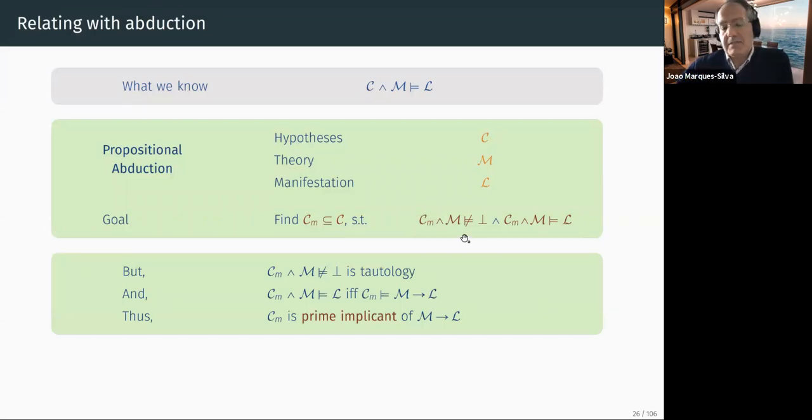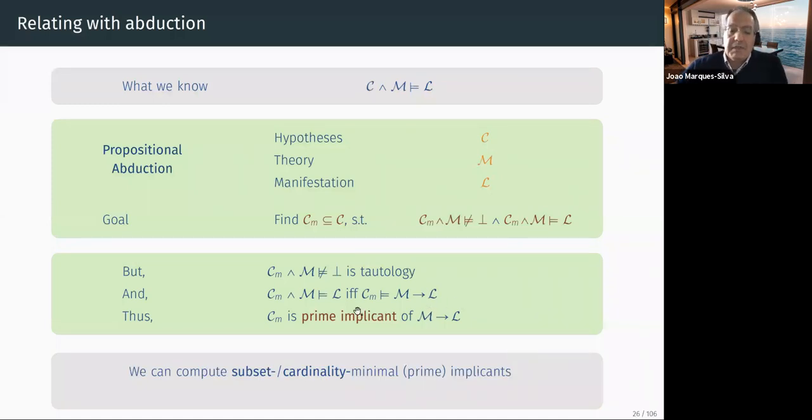So the first part is, in this case, easy, trivial, because it's a tautology. It's also guaranteed to be true, so we don't really need to care about it. And we can do some transformation of the second part. So this part, we can transform it such that we want the set of literals that we are going to pick to entail that the model implies a prediction. So what we are saying essentially is that the set of literals that we are going to pick is a prime implicant of this modified function, which we can view as a decision function, where the model implies the prediction.